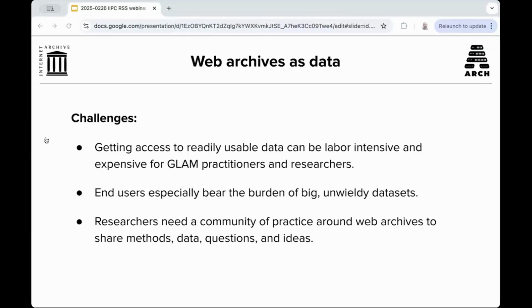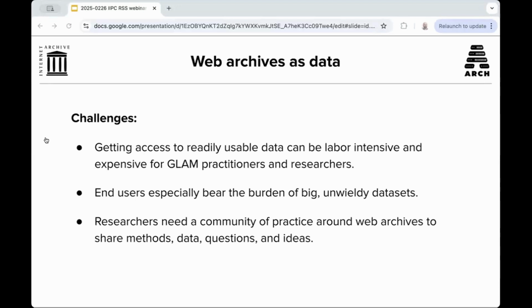Historically, Web Archives have posed significant barriers to researchers who want to use them computationally at scale, for a few main reasons. Even at the Internet Archive, we found often enough that provisioning the data to a scholar, even if they have very clearly articulated needs or goals for their research, can be a project in and of itself because of the sheer vastness, complexity, or specificity of the form of Web Archives.